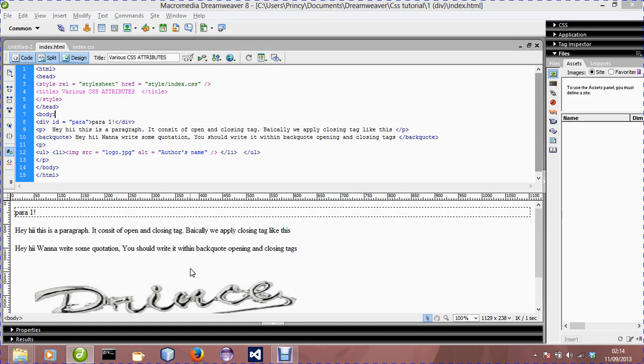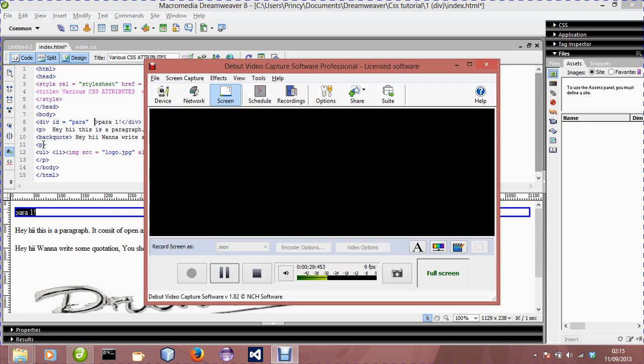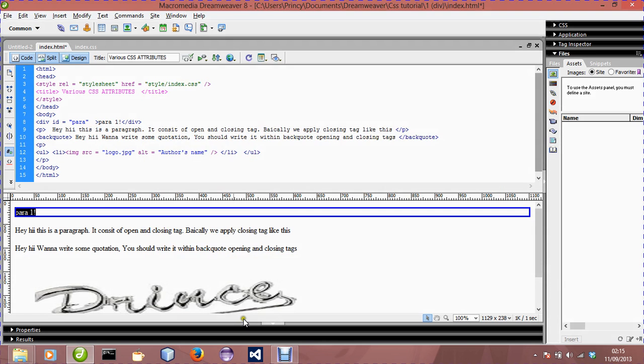Okay, welcome. So now, before discussing attributes, let me tell you one thing: always use an external style sheet. Why? Because if we use an inline style sheet, the biggest problem is that when we have made a huge website which consists of hundreds of files and somewhere around 20 to 30,000 lines of code, at that time